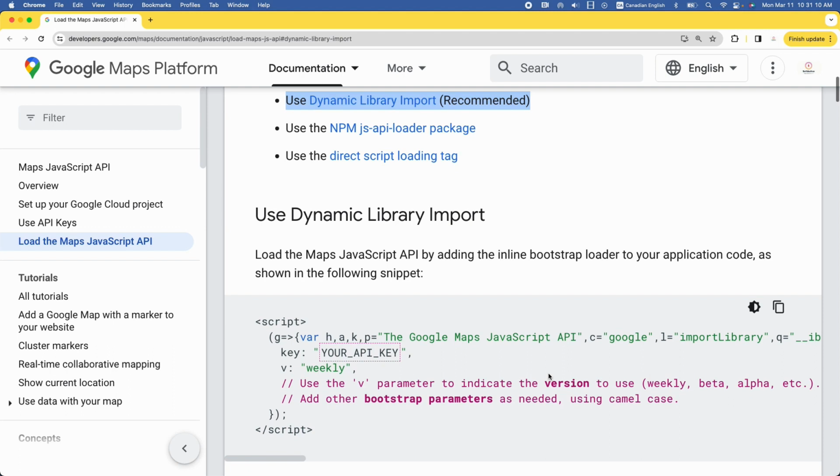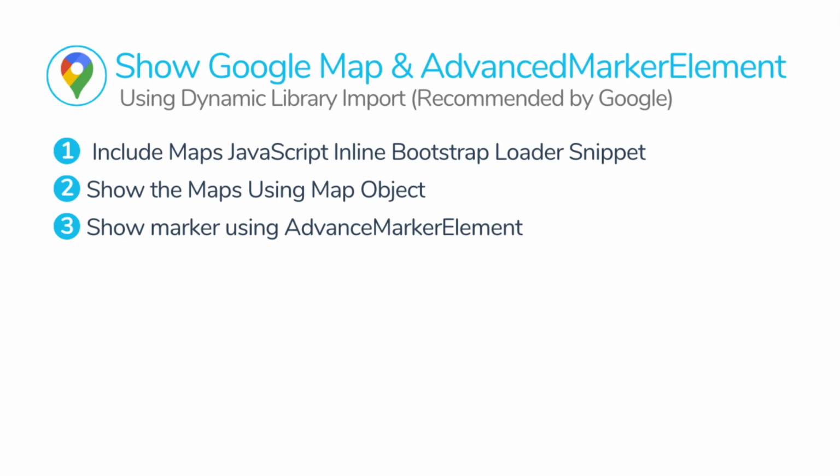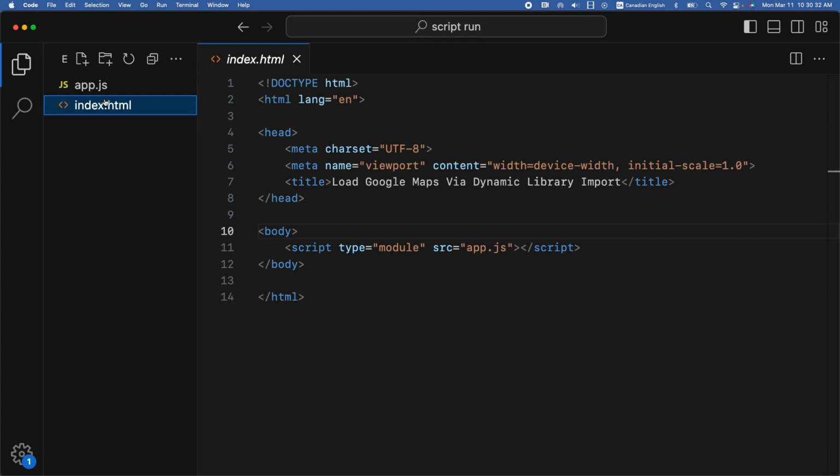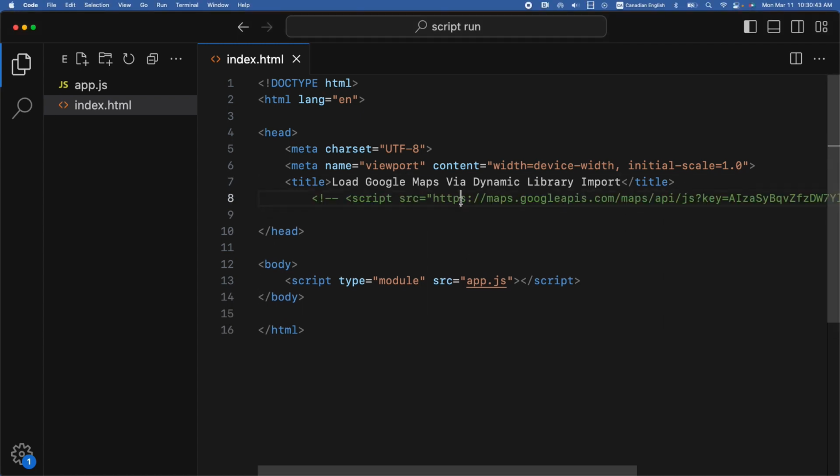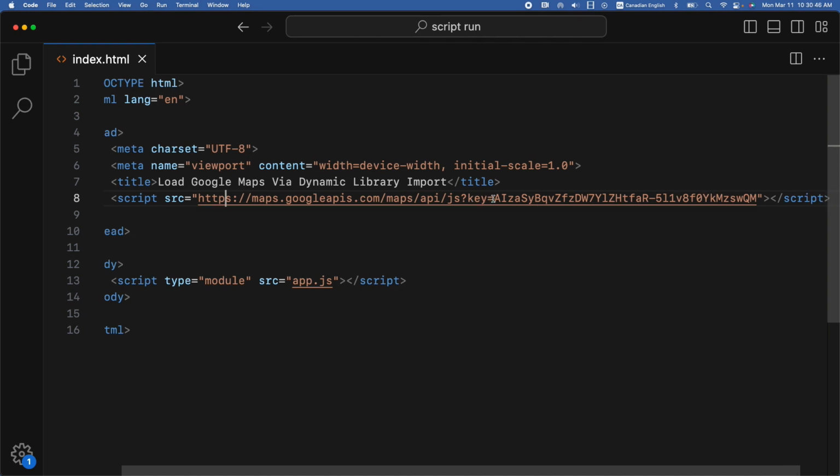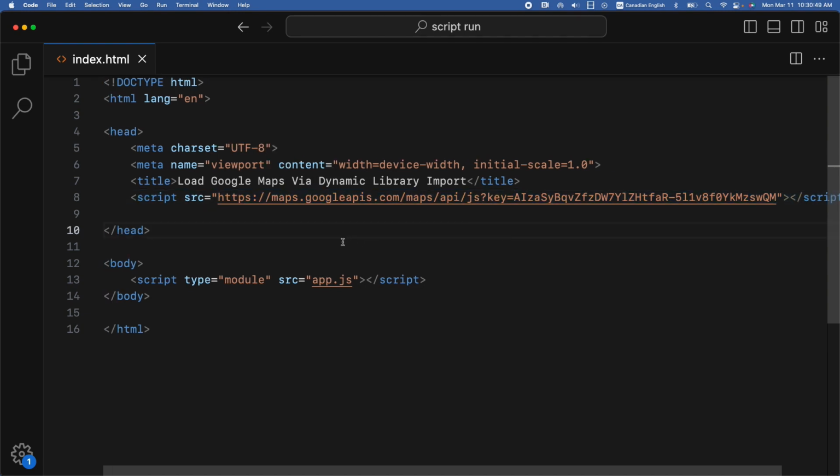Okay, let's get started. The first step is to include Maps JavaScript inline loader code snippet. As you can see, I have a simple project with two files, index.html and app.js file, and I have included the app.js file inside index.html file. Traditionally, we include Maps JavaScript library where we load the entire library up front, which might increase the initial page load. But now I can simply add the inline bootstrap loader code snippet in index.html and import a specific module